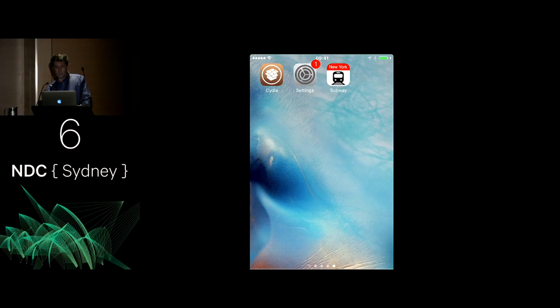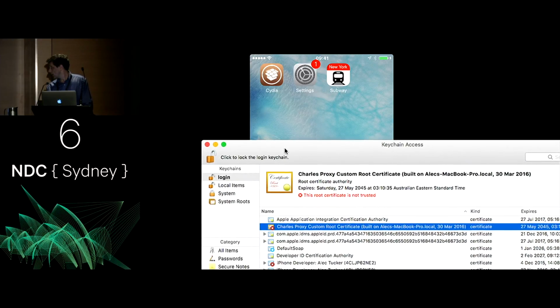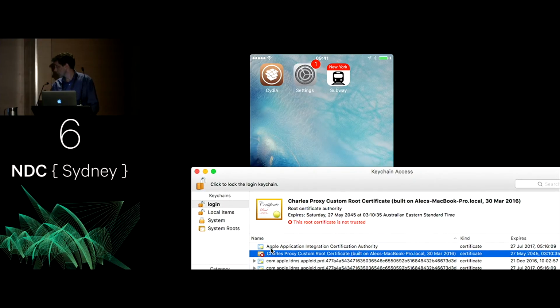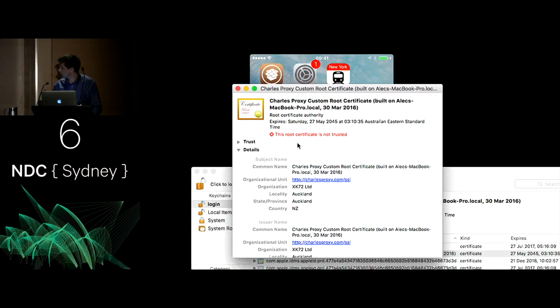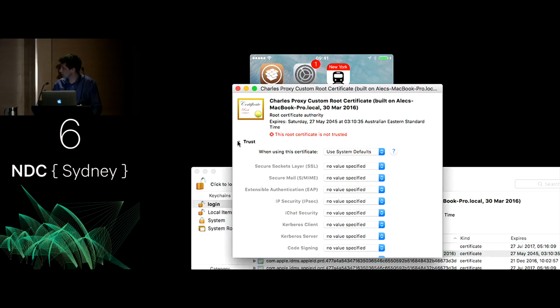Basically, there's a second option called Install Charles Root Certificate, which opens up a keychain and puts the certificate there for me. I can then go into that, and if I want to, I can have a look at the trust and change the level of trust that that has on my machine.